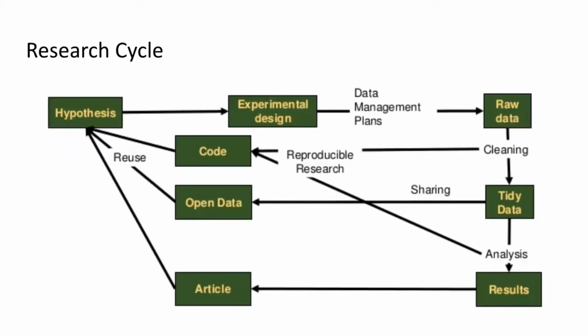All right, so here is an example of the research cycle. And for this seminar, we are focusing on the transition from raw data to our results. And a key step in preparing data begins when the data is originally entered and stored, typically in tables, because this has an impact on the way we look at data later in our analysis. And much of our time will be spent in this data wrangling stage.